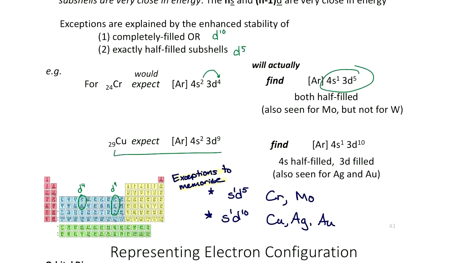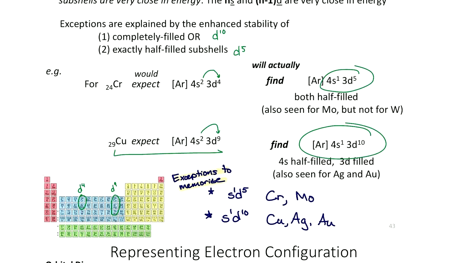We see something very similar for copper, which is d9. If we did our work, we would see that copper is s2 d9, but the d subshell is like 90% of the way filled. So why not just completely fill it? Consolidate your electrons in a bigger cup. What you'll see is one of those electrons jumps ship over there. So what you actually find for copper, silver, and gold is s1 d10. So do memorize these. You just have one s electron jump ship, so you can have either a half-filled or fully filled subshell.